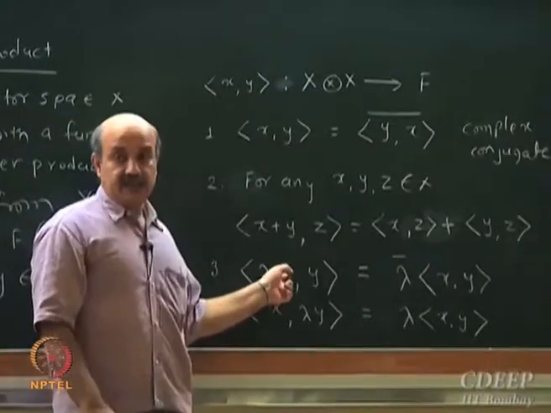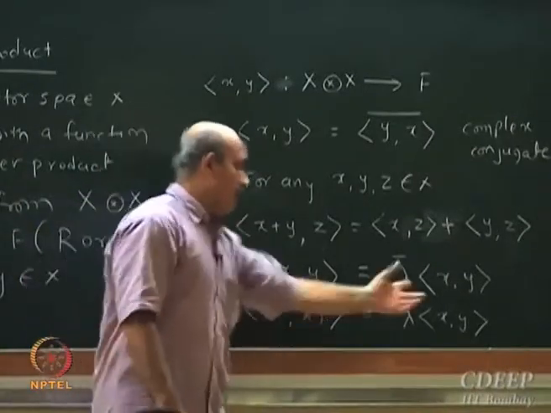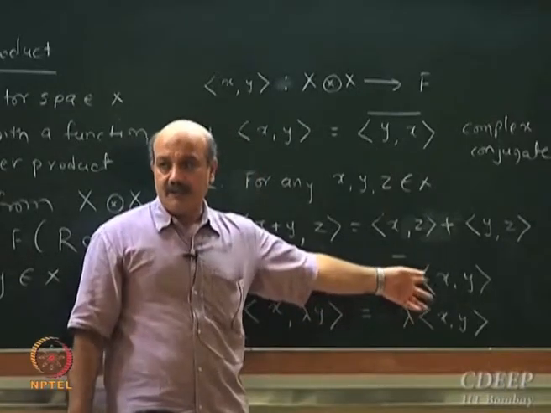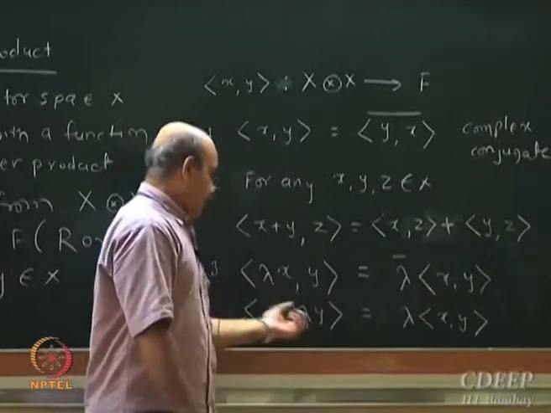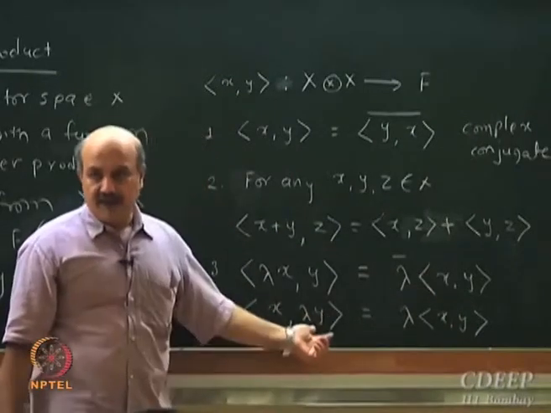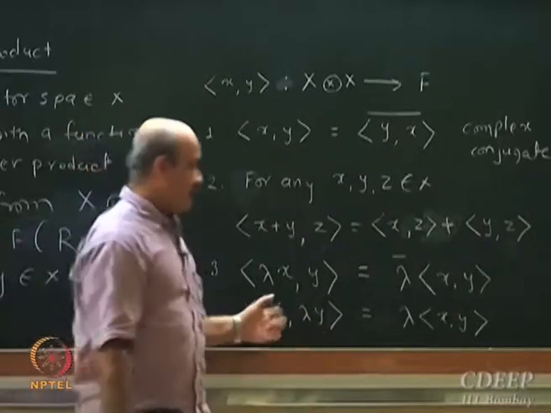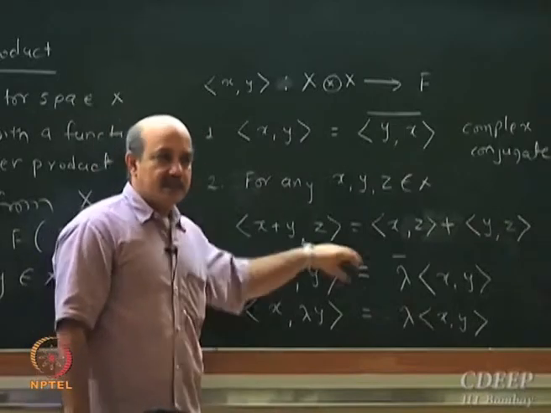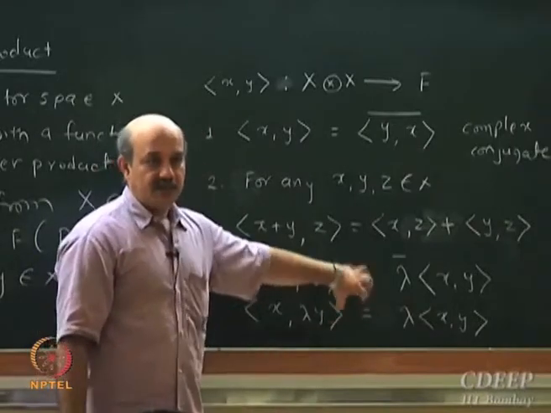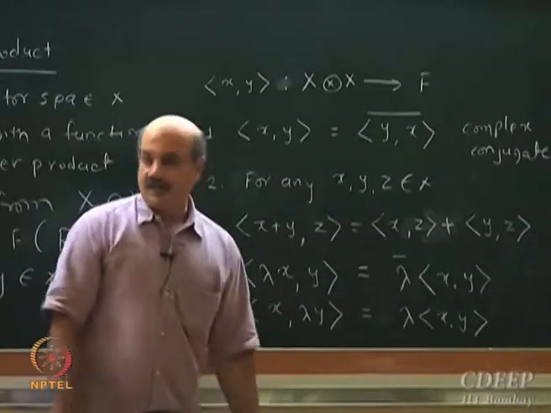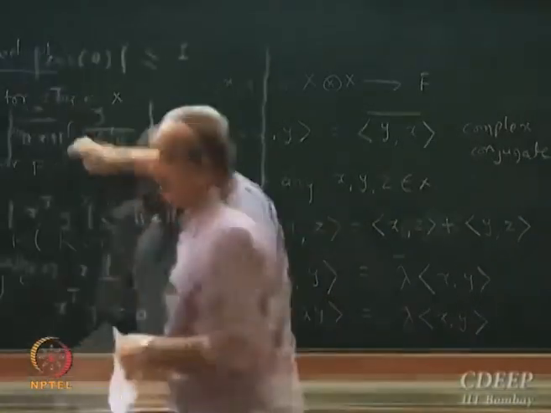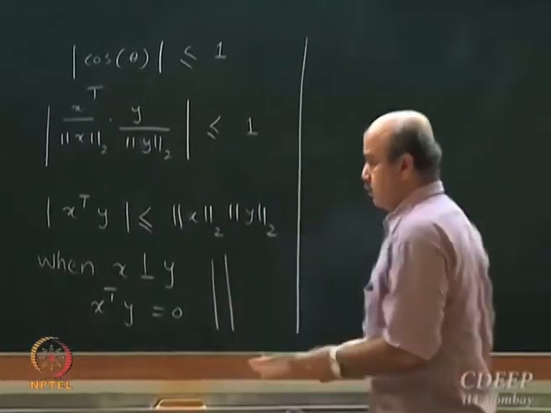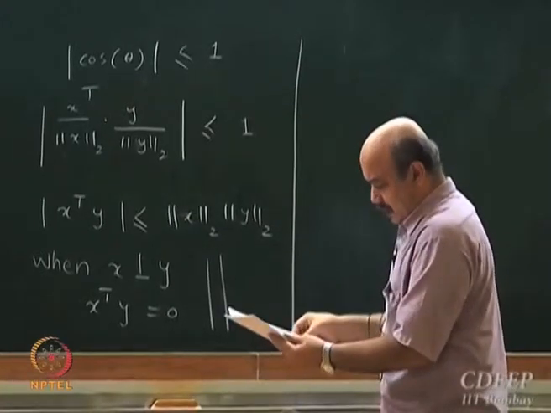So if I take the first vector multiplied by lambda, then it is the same thing as multiplying the inner product of x and y with lambda bar, that is the complex conjugate of lambda. And if I take the second vector y and multiply by lambda, then it is the same as lambda times the inner product. So this is another essential property, or an axiom that defines a function to be an inner product. I want to maintain this because we have to generalize a few things, so I want to draw parallels. So let this be there for some time.